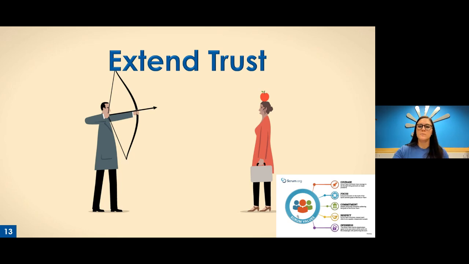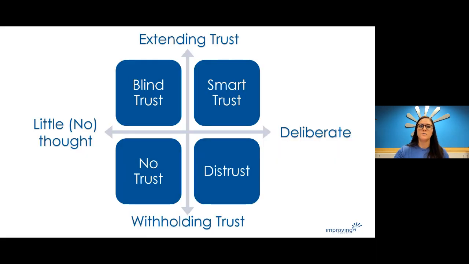But to dive a little bit deeper into extending trust, I was talking about that balance point, right? Now, when you take that balance point between, hey, should I extend trust? Does it make sense in this situation? There are four different kinds of quadrants you can end up in. There is you never did that analysis and you're not going to extend trust, and that's just no trust. There's you're going to analyze it all day long, but it doesn't matter what your analysis results in, you're still not going to extend the trust, and that's